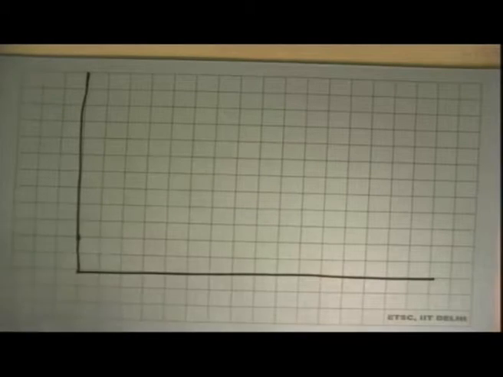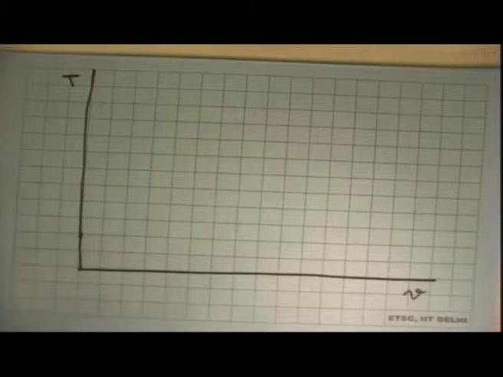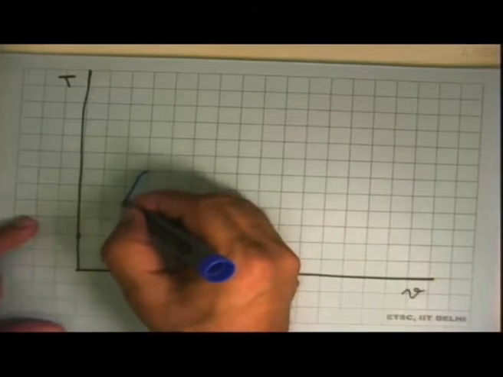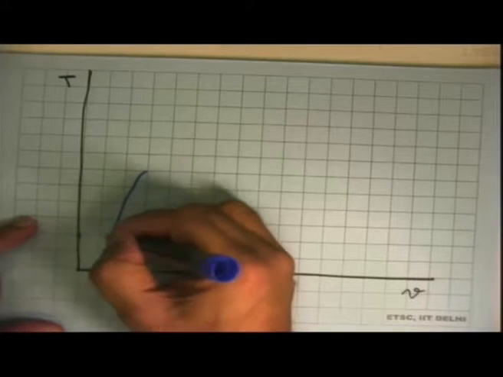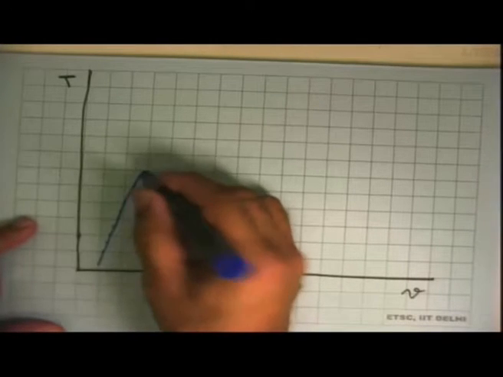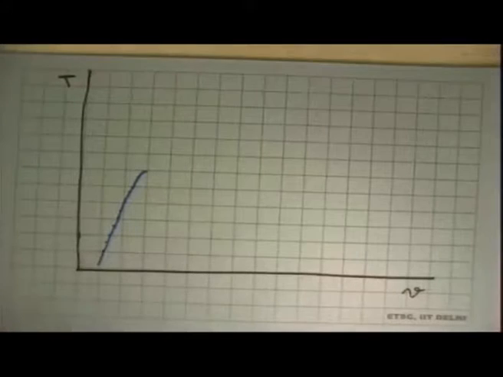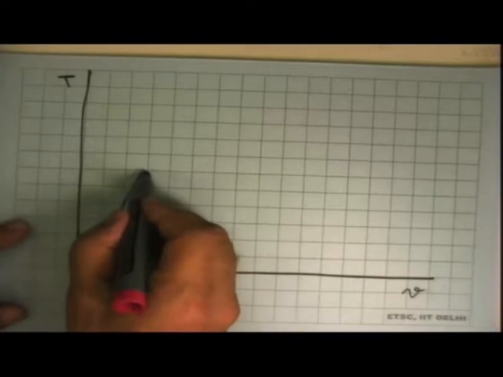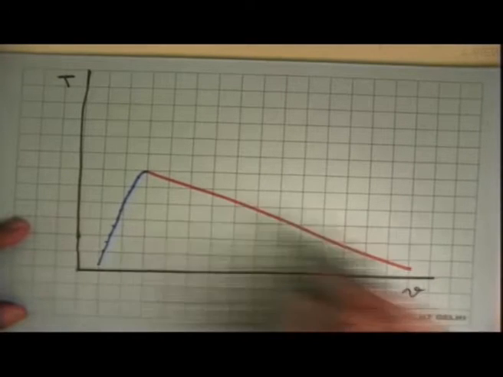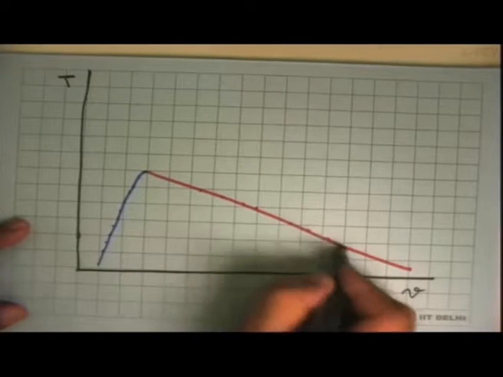We were plotting temperature on this axis and specific volume on this side, and we came out saying that there is a line which is like this, where each point represents x equal to 0. This is the saturated liquid line. And then we said that there is the other part of this line which goes there, where points on this, they represent